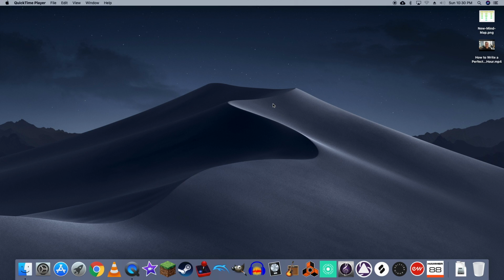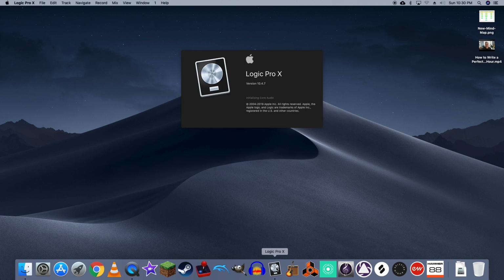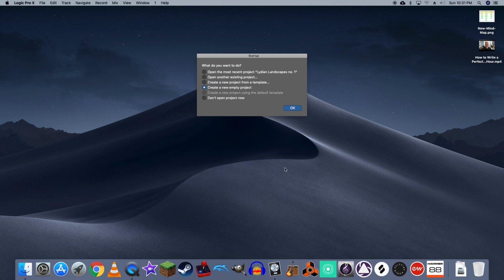In part 2 of this tutorial series, we're going to be covering how to route multiple instruments from Reason into Logic Pro and how to bounce their audio independently from one another. Let's start by opening up Logic. Create an empty project,